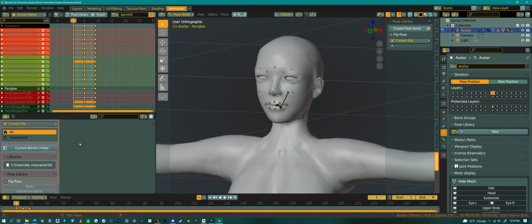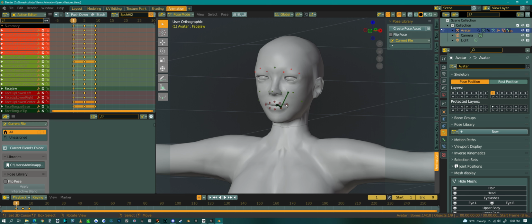but we could go get them from other libraries. So I could go into another library and bring it into this asset browser and use it here. But we're going to show you how to create your own in your scene. Facial expressions, things like that, hand poses are all perfect things to use in a pose library on top of full out poses. But we're going to look at the face today,